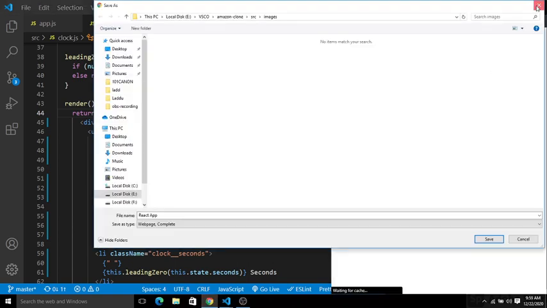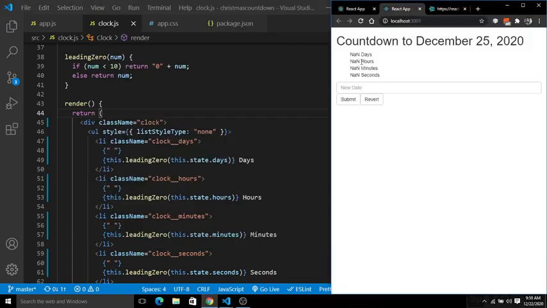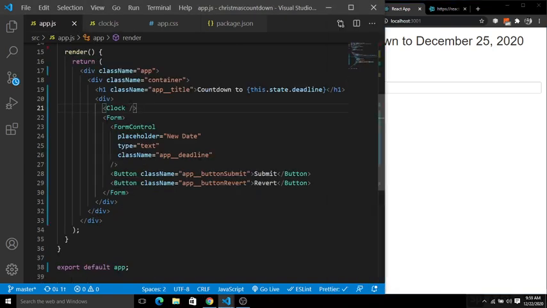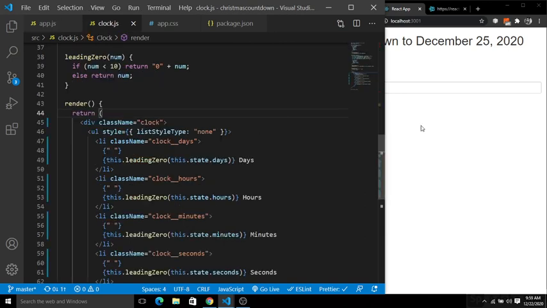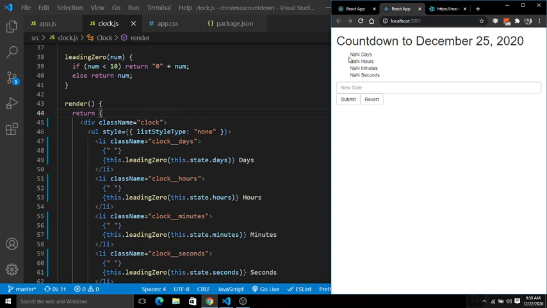Now you can see not an hour, not a days, because we are not setting the props here, so we have to give the deadline props for this. You can see the bullet dot structure, the bullets that you can see here, has now disappeared.